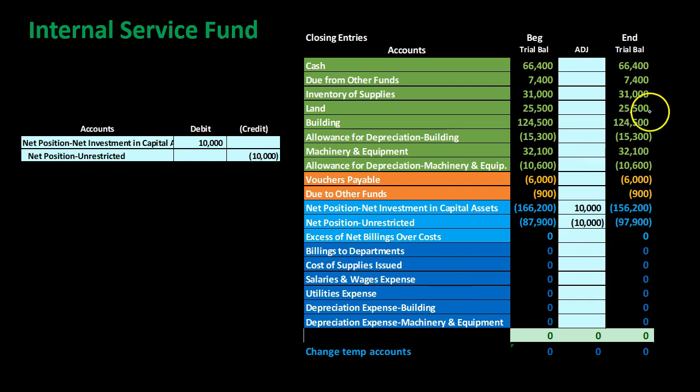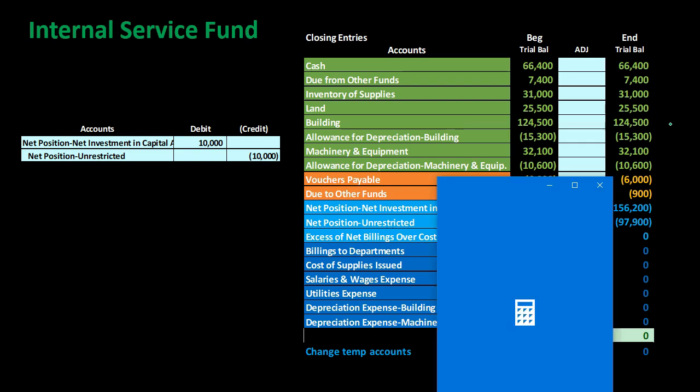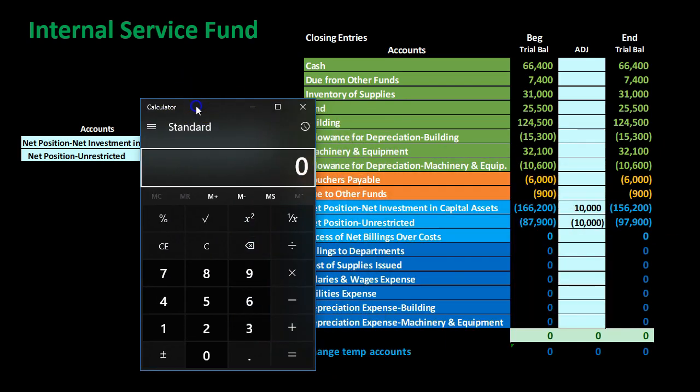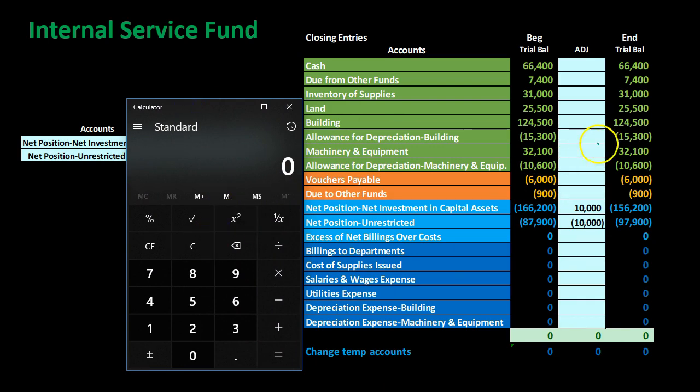Now we'll recall that the net position, like the equity section, is equivalent to the assets minus the liabilities. So you can think of it as the net assets. The net assets are something that people are possibly going to want to spend. They might be planning to spend the net assets. We want to be able to tell them specifically within the net assets section that these net assets are related to capital assets. You can't really spend that portion of it because if you think about it, the land,